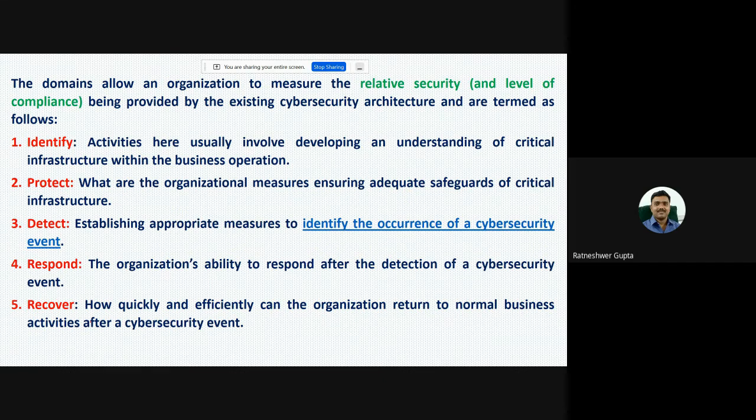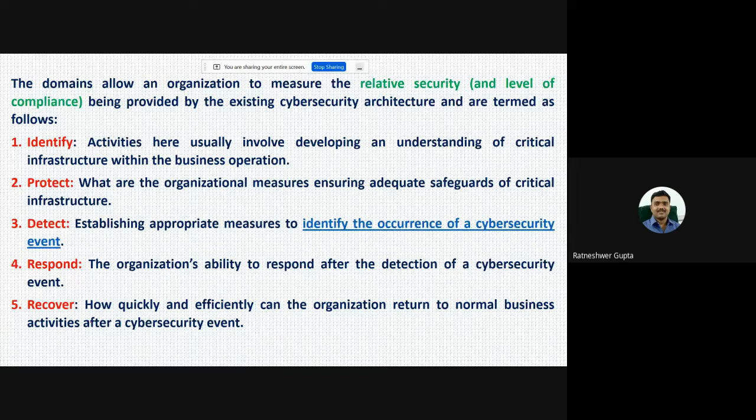Another thing here is protect: what type of protection we need to apply on that component. Suppose we have 5 components A, B, C, D and E. All 5 components may not have the same criticality. Some components may be less critical, some more critical. So we cannot apply the same type of protection system for all components.